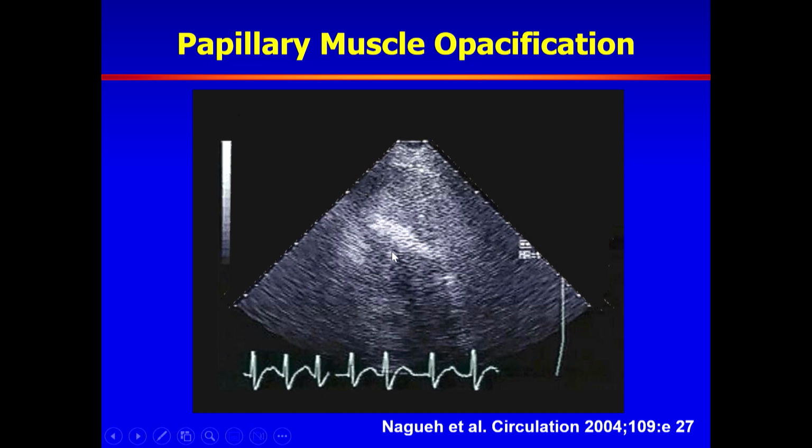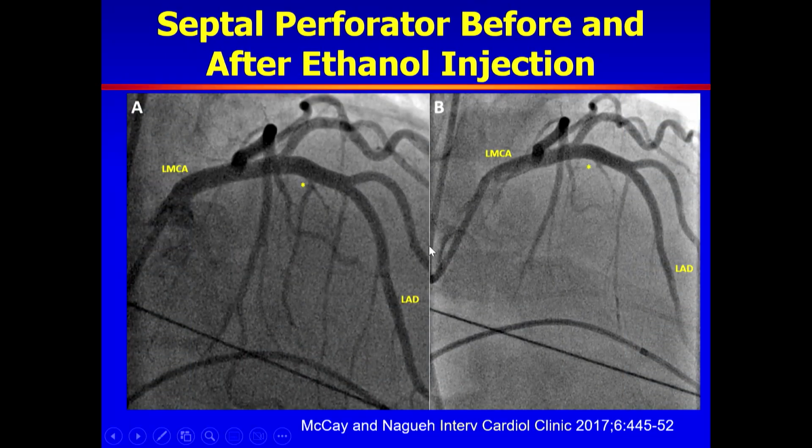unaffected. Sometimes the septal perforator supplies structures that you do not want to induce infarction on. This is an off-axis view done with an ultrasound enhancing agent, and you see here the papillary muscle actually being highlighted. The injection in this septal perforator was aborted. For that reason, at the end of the procedure, you do angiography,